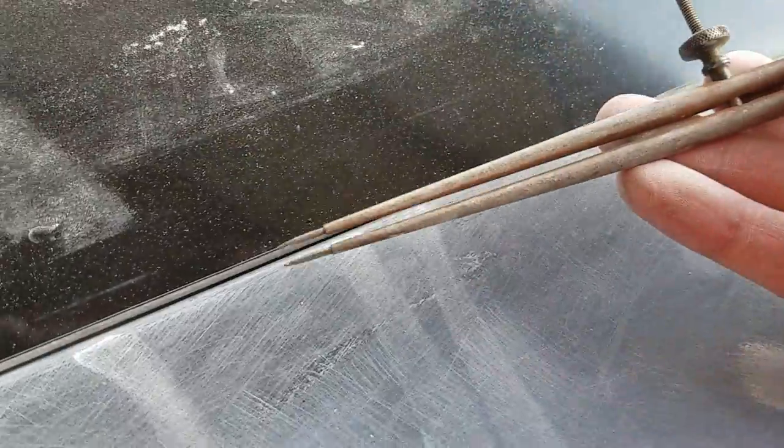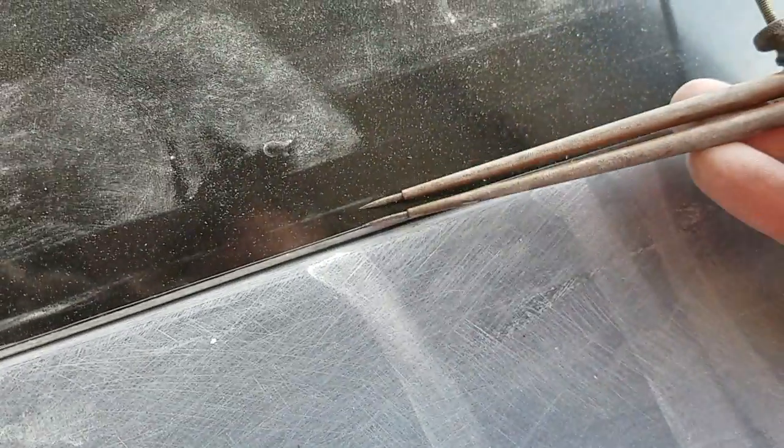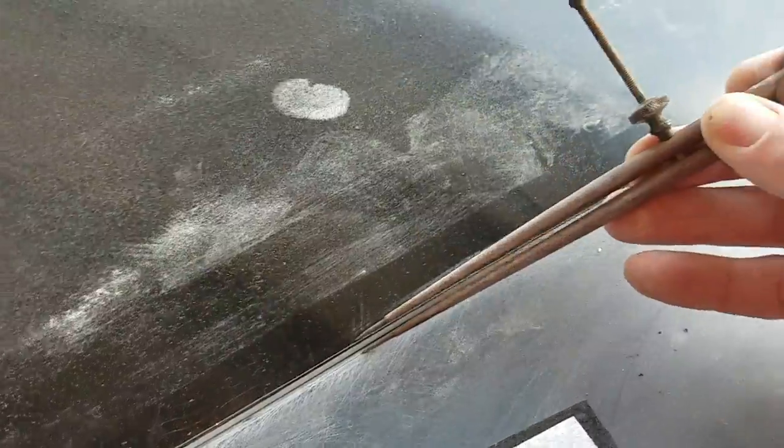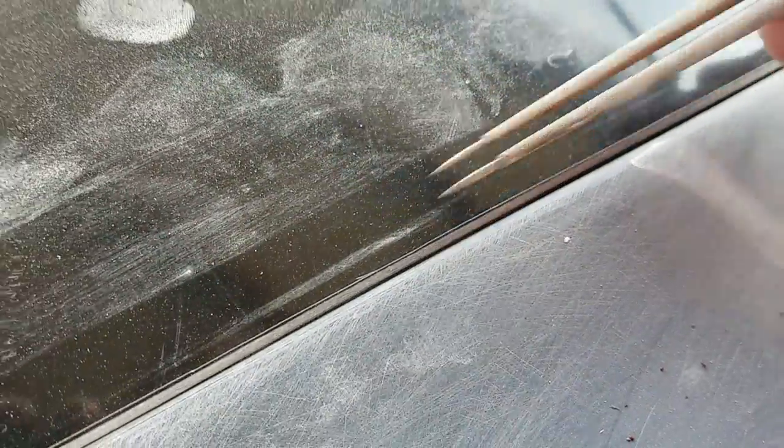I went ahead and scribed in the hood using my grandfather's old, I don't know, maybe it's called a scribe, putting it at 3/16 of an inch and then running it down the length of the hood, putting the groove in there. The reason it doesn't match up right now is because it's just a little off center, but that's where it falls right there. Went all the way down to the sides and then hand sanded